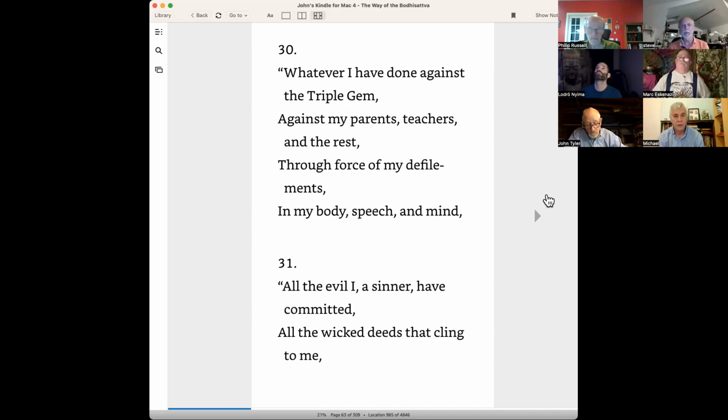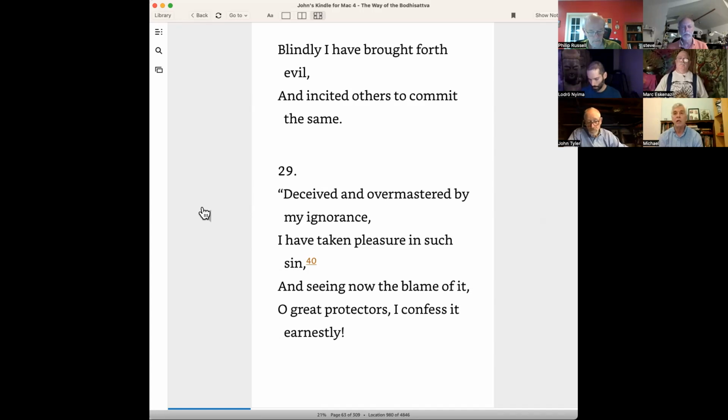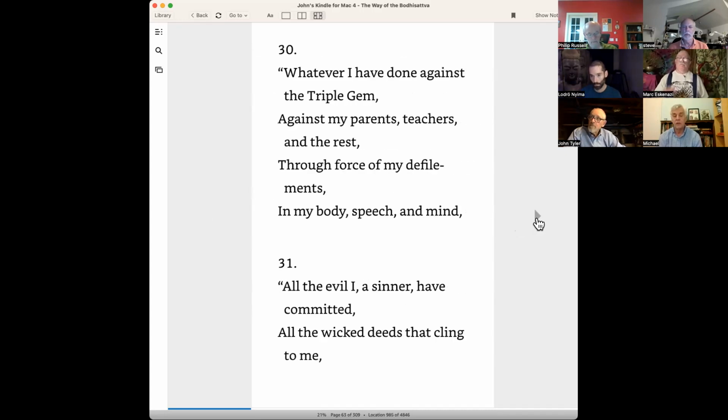Okay, you'll see that there's a footnote there, footnote 40, where the translators talk about what they mean by using the word sin, which obviously is loaded for those of us in Western culture who come out of the Judeo-Christian tradition. But basically, Trungpa Rinpoche actually favored a different term. He called them neurotic crimes. They're the things that we do based on passion, aggression, and ignorance due to delusion. As he said in the verses that were just read, things that I've done blindly,